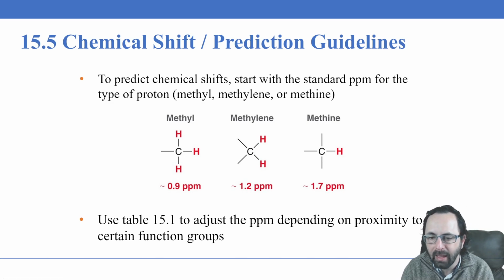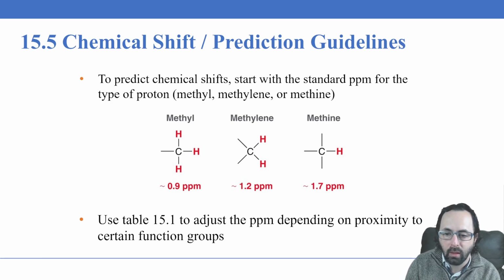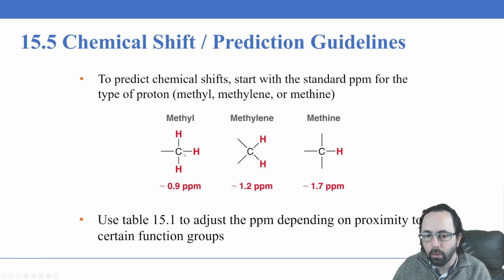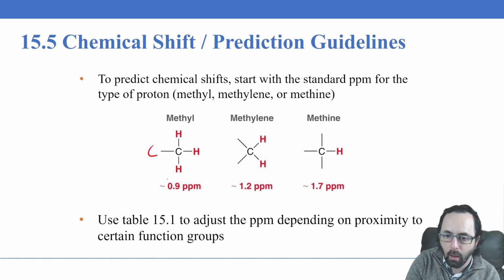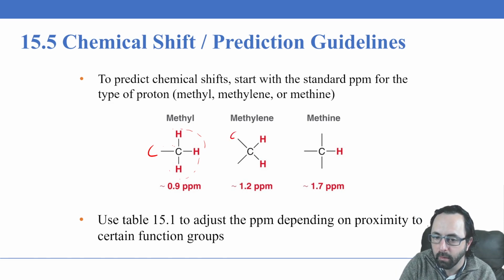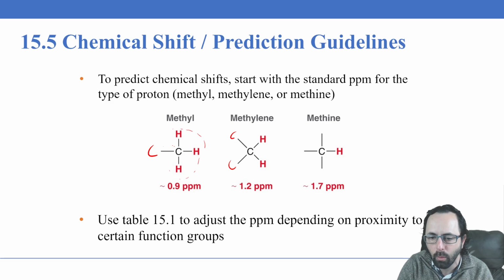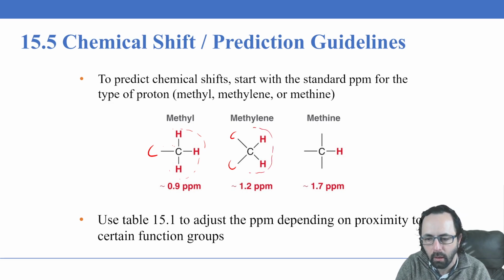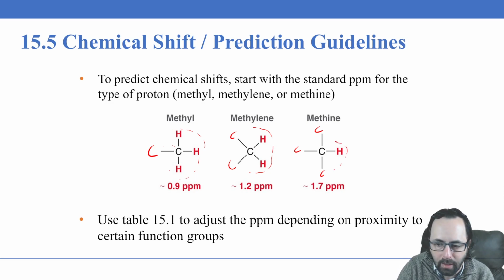Now, shielding will increase if there is a greater number of carbon atoms attached to the alpha carbon here. So for a methyl group that's attached to another carbon atom here, this carbon will donate a little bit of electron density and will shield these hydrogens a tiny bit. If you have two carbon atoms attached, now there's going to be more donation of electron density. It's going to be shared a little bit equally, a little bit from these carbon atoms to the other one. And so there will be a little bit more shielding on the hydrogens. Finally, if we have three carbon atoms attached, there's even more sharing of this electron density, and this hydrogen ends up being even a little bit